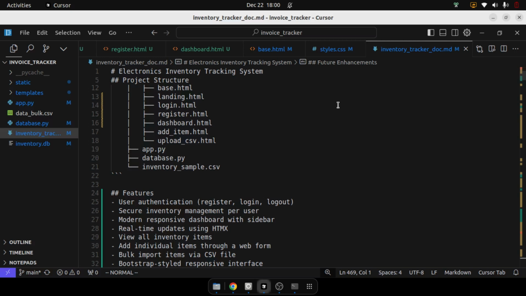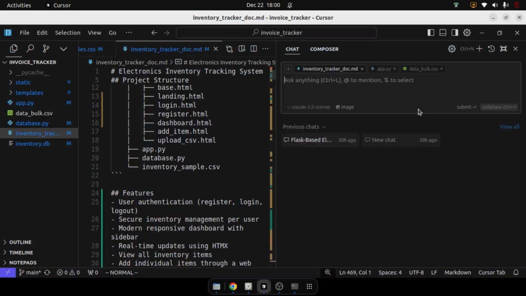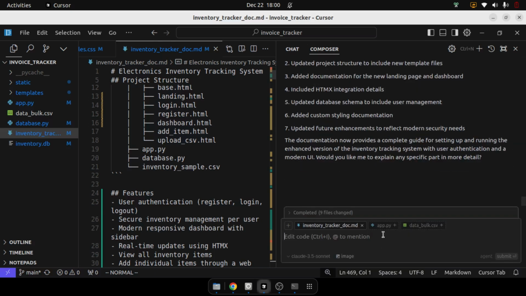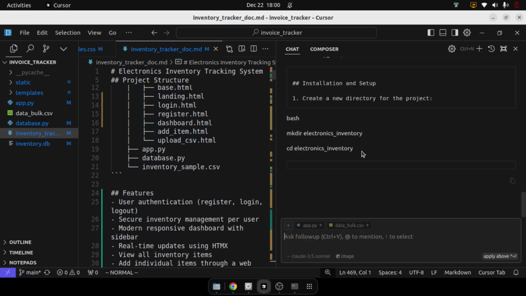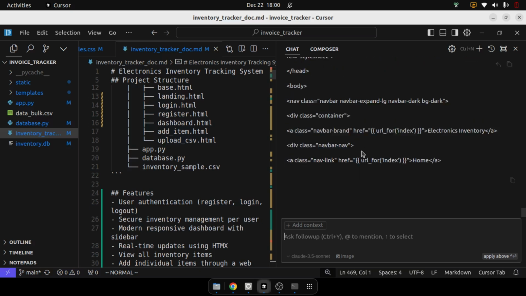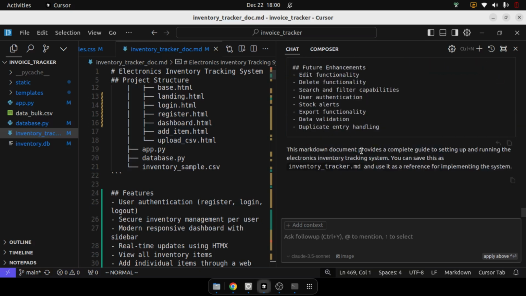Either you can actually go back to the composer, or you can go back to chat and do it one by one. So any of these things is fine. So either you want to use composer, you can use that, but I am more comfortable with the chat based option where I have a better control, because you saw that when you are handing it over to the composer, it can actually create challenges that you will not be able to control that easily. So let us now inform the chat that